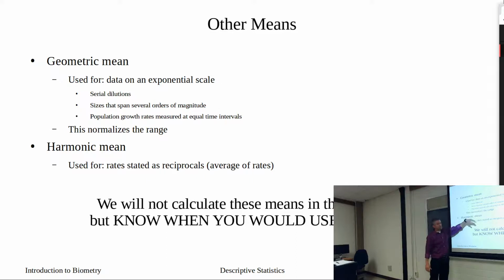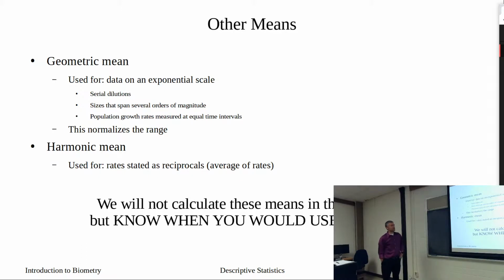And also population growth rate. So if you're doing some sort of ecological study and you're estimating growth rates, you're going to probably need to use geometric mean. The whole point of the geometric mean is that we tend to compress the ranges of our data. Right? So if we realize that our data are not normal, it could be because we're spanning several orders of magnitude. Taking a log might fix that, and that then gives us our geometric means.